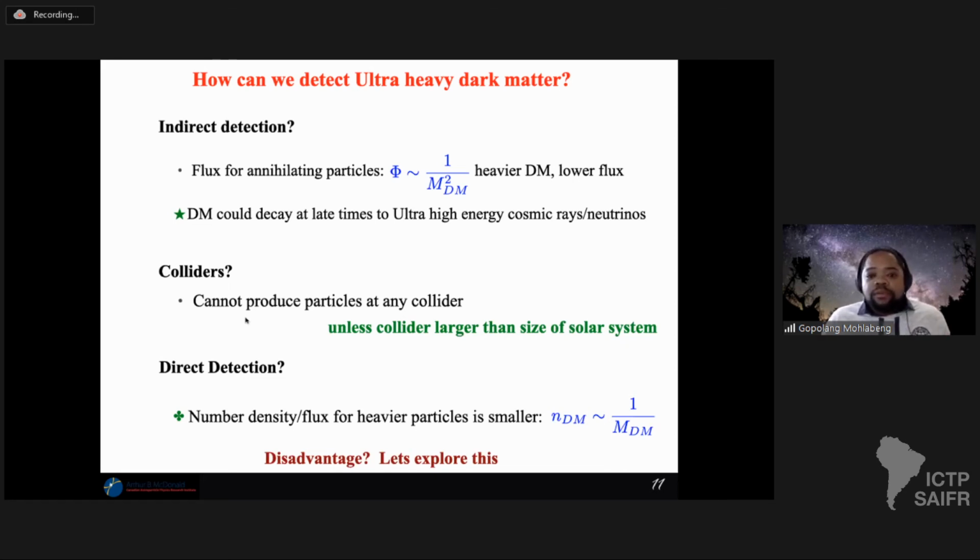Colliders, we have no hope of finding such heavy particles at colliders, so this cannot work. Direct detection, on the other hand, is another avenue where this could be possible. The number density, instead of going as 1 over the mass squared, goes as just 1 over the mass. So even though I have a small flux of these particles coming in, maybe I could use this as leverage. Let's explore this a little bit